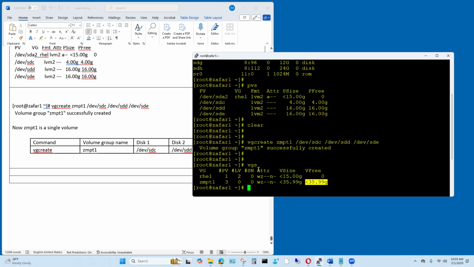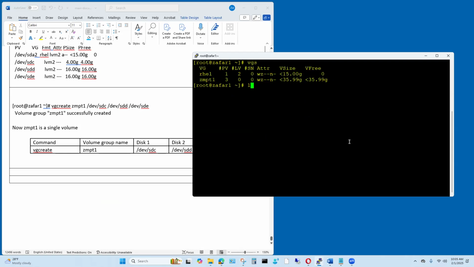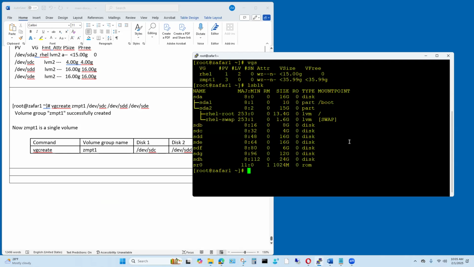Okay, now it says this one here. What the heck is this rel one physical volume? So if you do lsblk, vgs, lsblk, and you see here rel, it has one physical volume. This is the volume group that is associated with this here. This volume group is sitting on here. Now, if you do blkid,